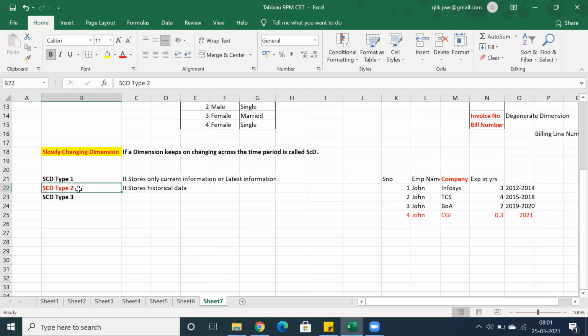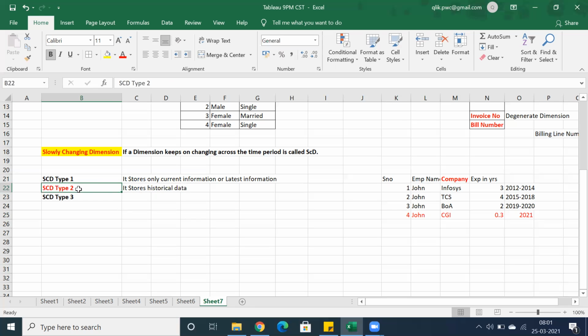Type 2 is very important. That's what they will ask, like what type of SCD you're working on, or what is SCD type 2? You can simply tell that SCD type 2 basically stores all the historical data.